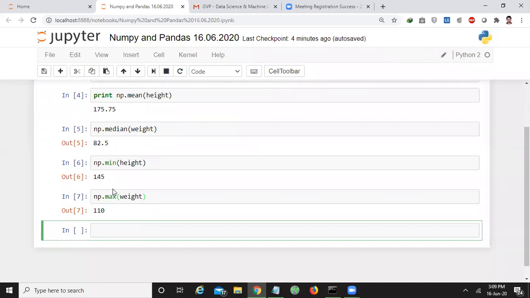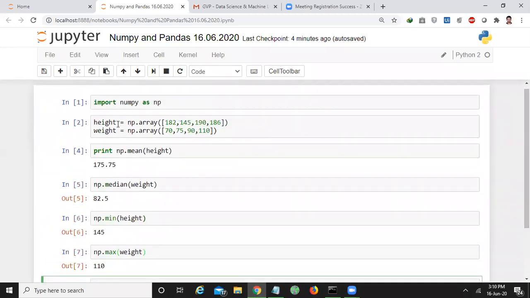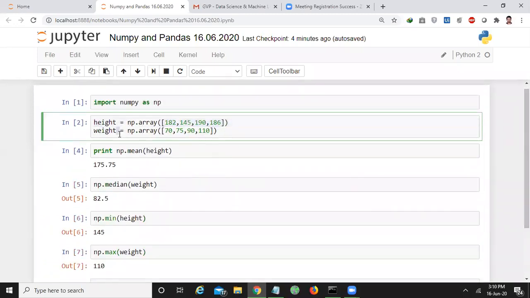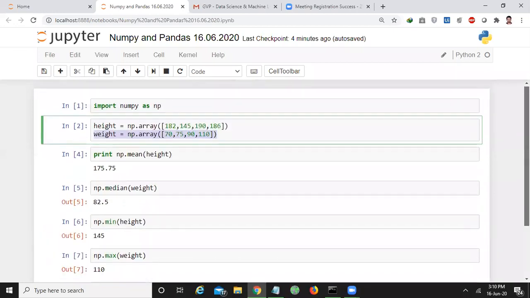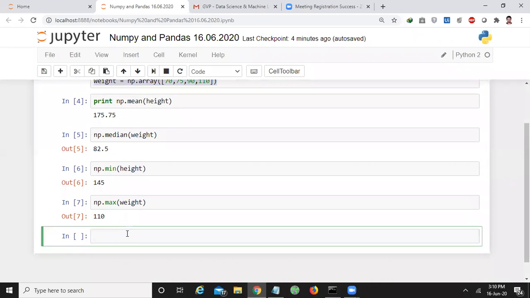For example, if you want to identify the correlation between two different data sets. Here, height is one data set and weight is another data set. Now, if I want to calculate the correlation for height and weight, for that I will use np.corrcoef.